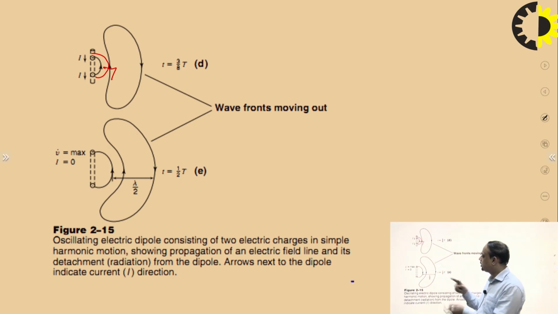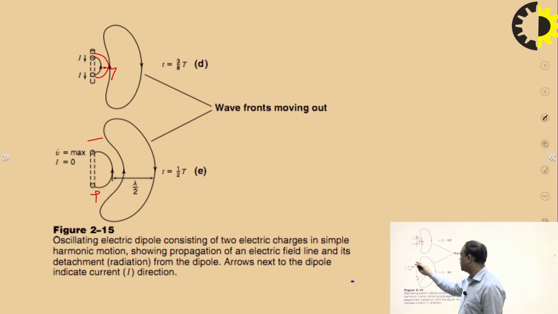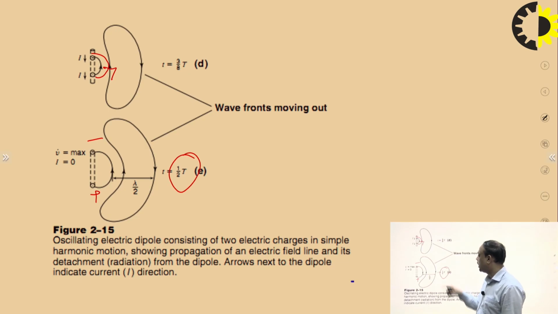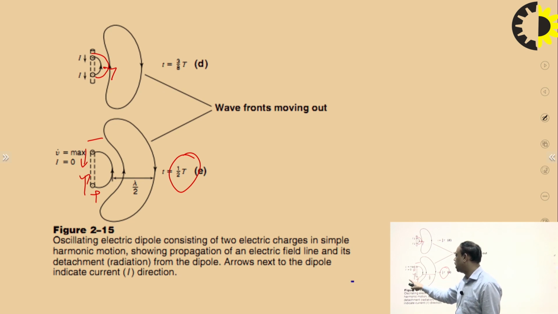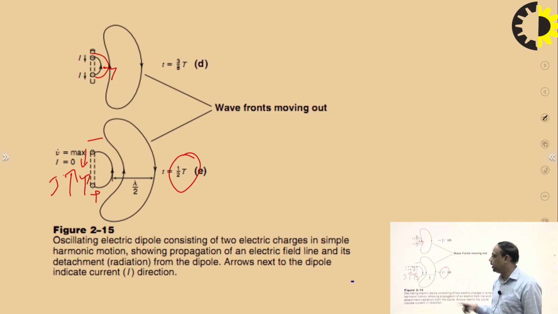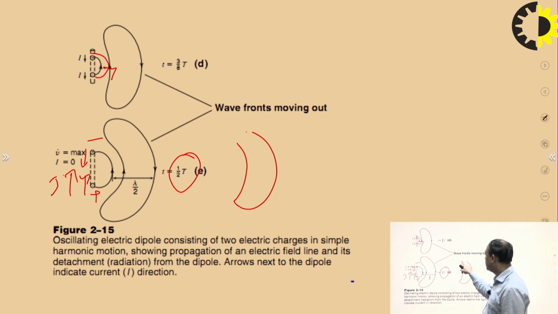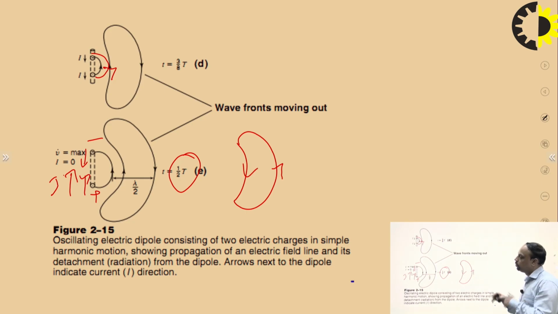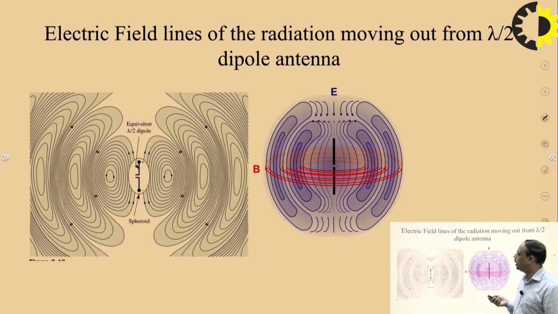over here. In the next situation, the positive charge is below and the negative charge is above at time period T/2, and again due to the oscillating field, the negative charge is going down and the positive charge is going up, which forms a current flowing in the upward direction, and there is again a loop generated like this, which has the value of electric field like this. So in this way the oscillating dipole can release the electromagnetic wave into the space,